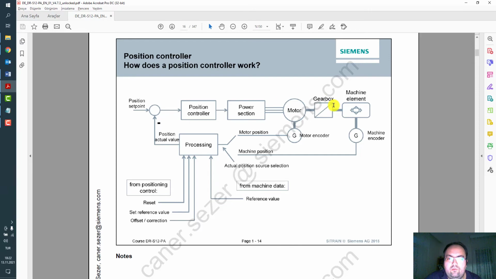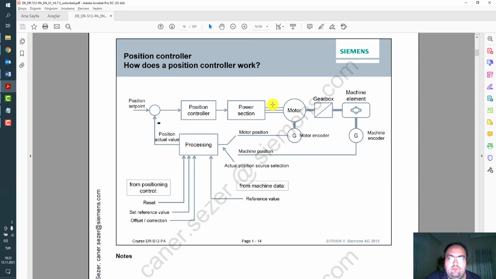The speed controller of the drive works always with the motor encoder. Position controller of the drive can work in drive dataset 0, for instance, with motor encoder, in drive dataset 1 with machine encoder. It's possible to switch between two encoders during runtime. So there is an actual position source selection command.